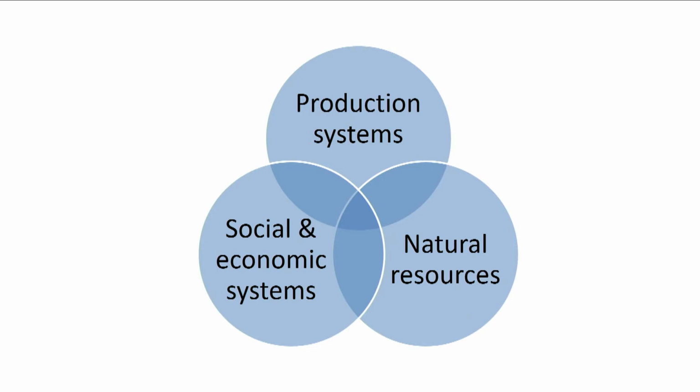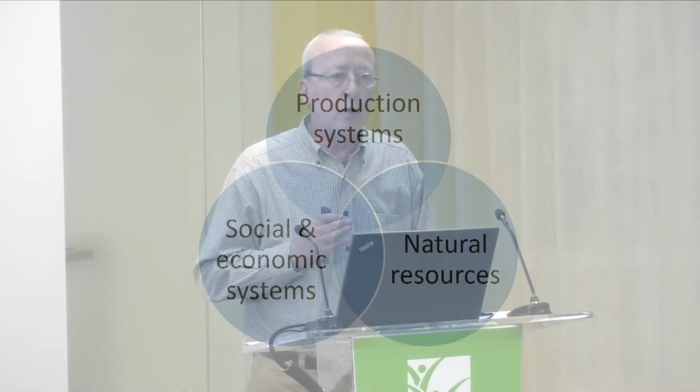I would like to just emphasize a few things. At food security, we are trying to look at those elements: production systems, natural resources, the social economic systems, and their interplay. This is my personal vision, which will be discussed with my colleagues in the coming hours and the coming day. I tend to see those things as overlapping and together contributing to food security or the lack of food security.